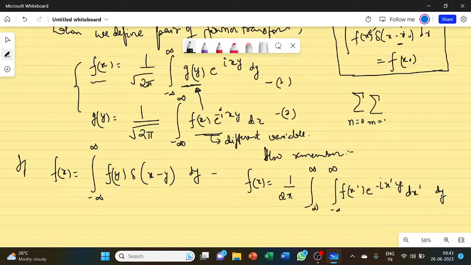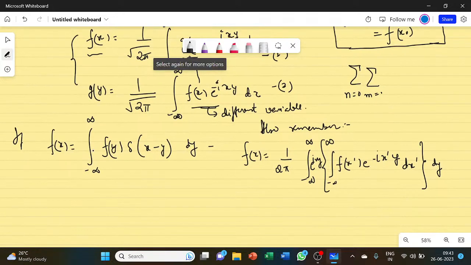I will write dy here. After integrating this, you have to take the e to the power iota xy. Okay, so this is how you're going to write things up. Now what will happen? Now if you write what is f of x,